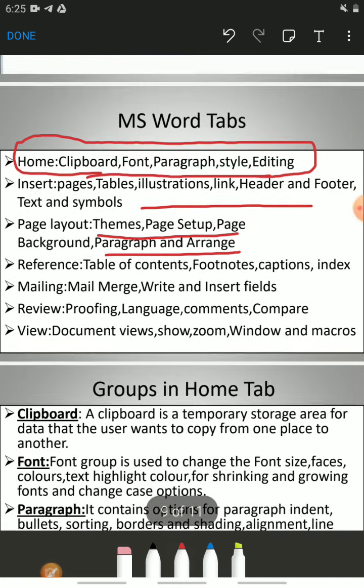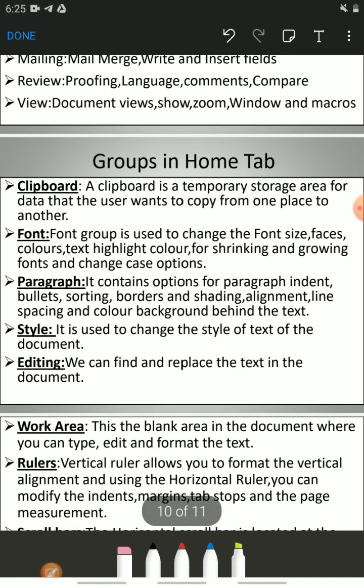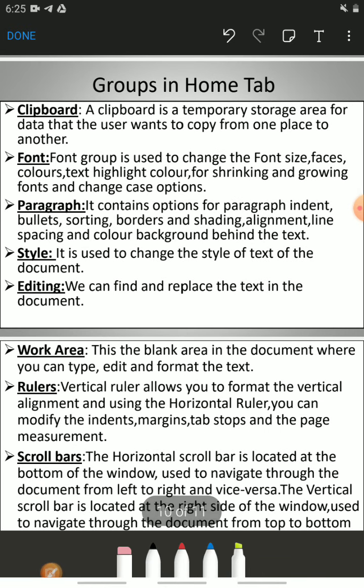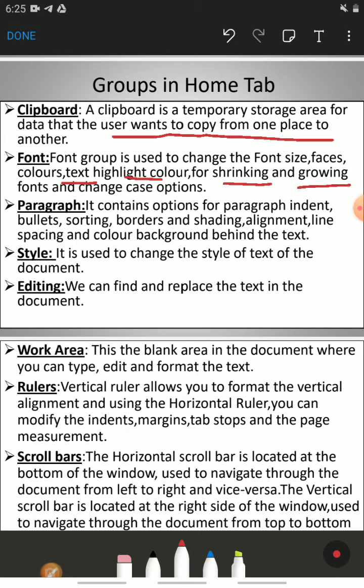Then next one is the clipboard. First of all we will talk about the clipboard. A clipboard is a temporary storage area for data that the user wants to copy from one place to another. The font group is used to change the font size, font face, font color, text highlight color, shrinking and growing options. Various options are there in the font group.